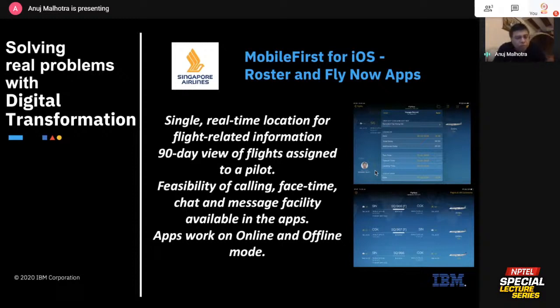And that was the purpose of doing this, right? And it's fairly effective. It's being used by about 2,600 pilots in Singapore Airlines today. Again, an application of digital technology, in this case mobile, developed in Swift. It's an iOS device, and hence it was developed with Swift. And then there was a lot of analytics behind it, which had all the data in terms of fuel weight and other stuff. It also used the native features of communicating with other people. You could FaceTime, you could reference manuals, all of that through this device. Again, an example of digital transformation being applied to a real life situation, right?